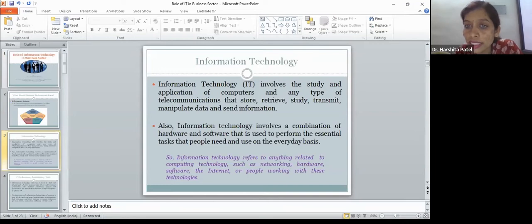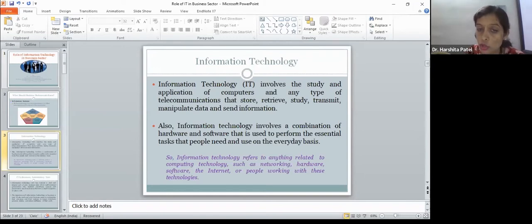Information technology involves the study and application of computers and any type of telecommunications that store, retrieve, study, transmit, and manipulate data, and send information. If you talk about telecommunication, that just means communication. Once you talk about the computer, whatever facility you can use from a computer comes under IT. Information technology involves a combination of hardware and software that is used to perform the essential tasks that people need and use